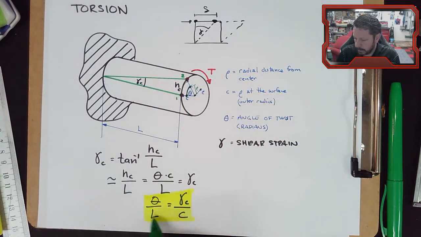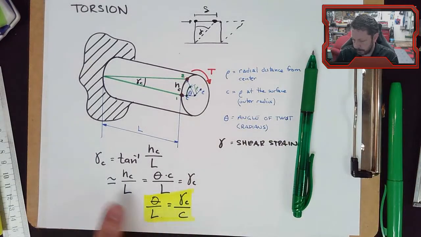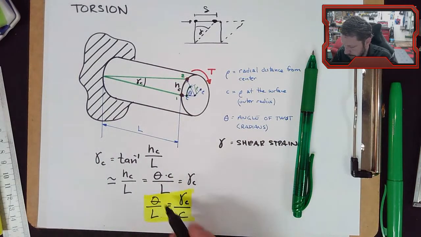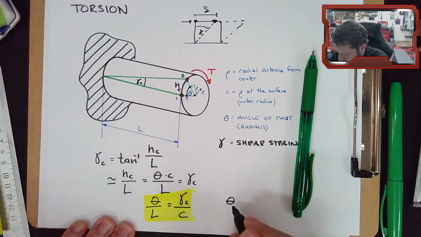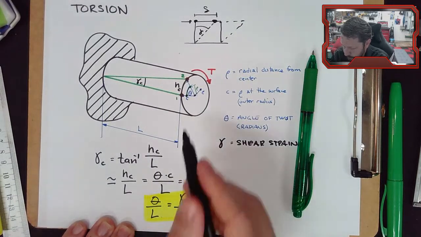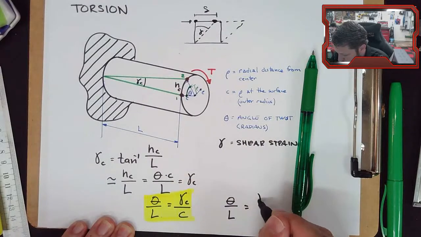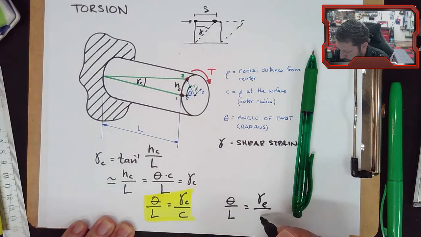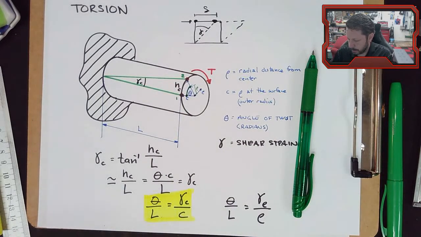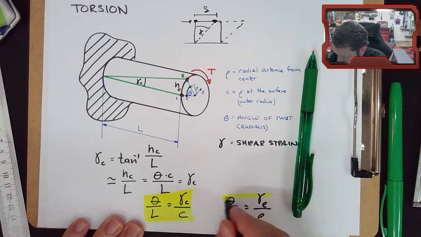So if we wrote it all out, we'd end up with a very similar equation that would say, well, theta over L is equal to gamma rho over rho. So this is telling us